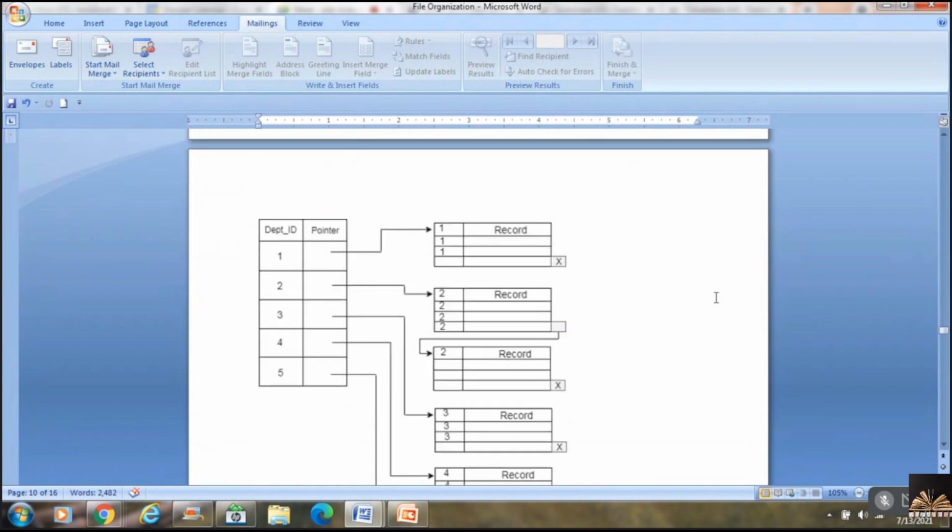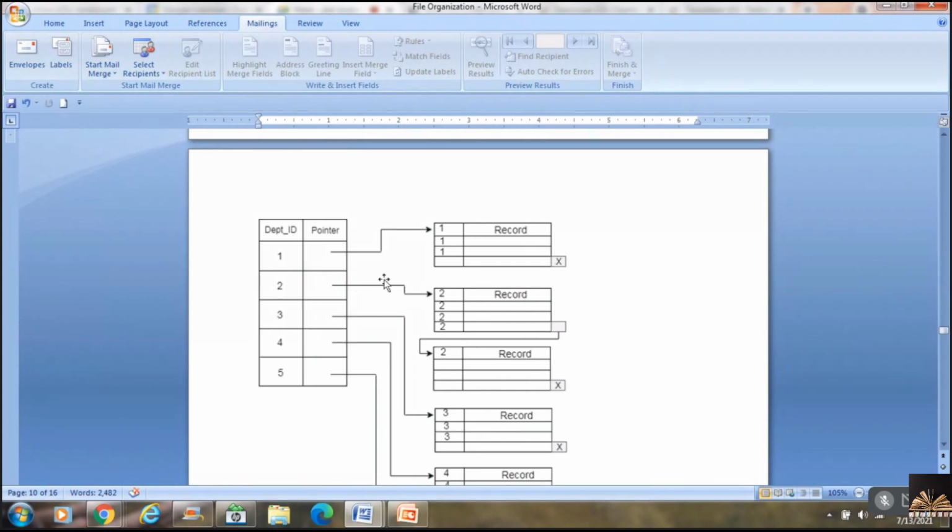So what is happening here is, say, department ID 1 might have n number of people, department number 2 might have n number of people, department number 3 might have n number of people. This is not a primary key, but this is a cluster. And each cluster is pointing to the records of the employees who belong to department number 1. See, for department ID there is a pointer which points to the record. Here department ID is 1, the record of an employee, department number 1, record, department number 1, record. This is the end of my cluster 1.